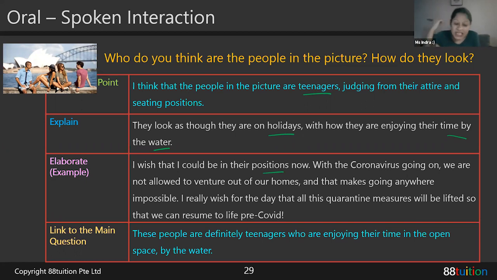Okay, now these people are definitely teenagers who are enjoying their time in the open space by the water. So I sort of link it back to the question itself. All right, now